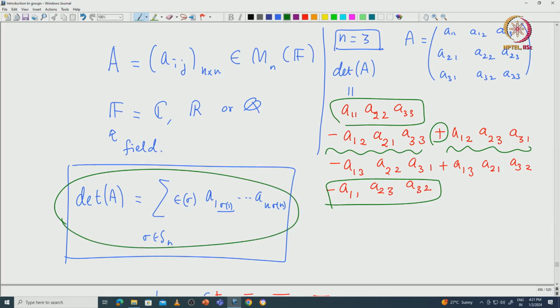So this actually gives a very explicit formula for the determinant using the symmetric group action on the AIJs and with the sign map. This is I would say the very first instance that you see the power of the sign map as well as the action of Sn on the indices, and one can get such useful formulas very explicitly.